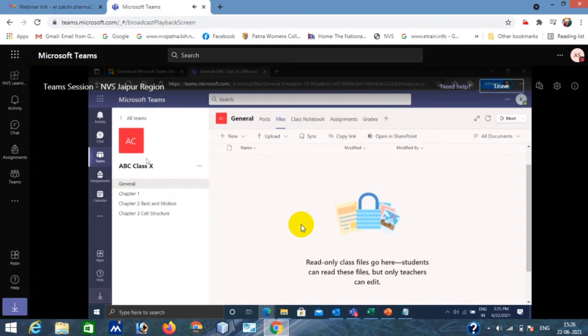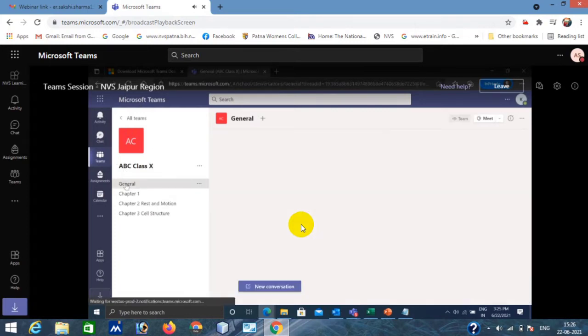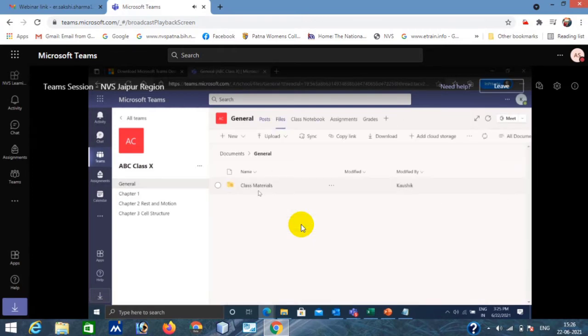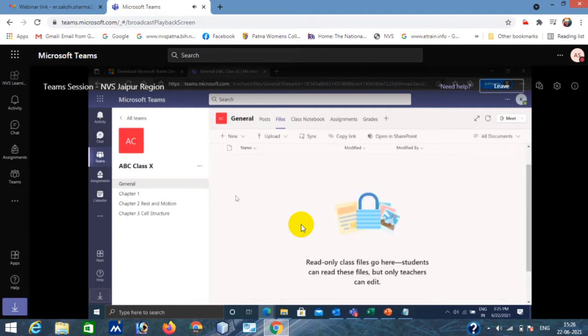In every virtual class under the general channel, you will get an option called Files. In that, there is a folder called Class Materials. Go to Class Materials and upload the files. That file is secure for the teachers. Whatever they upload, students cannot delete or modify, right?